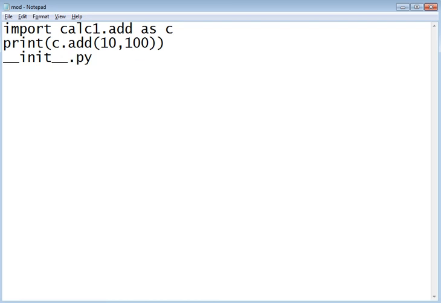So we have used import calc1 as, calc1.add, or from calc1 import. We can use the from statement and we can use the import statement, right? And we can use __init__ to initialize an empty .py file, and it will initialize all the things, right? So this is how packages and modules are used, right? Okay.